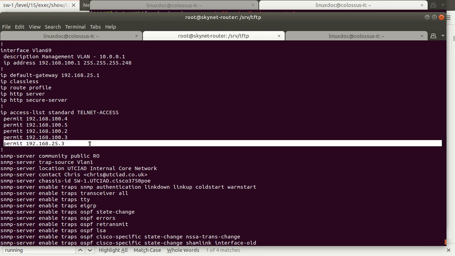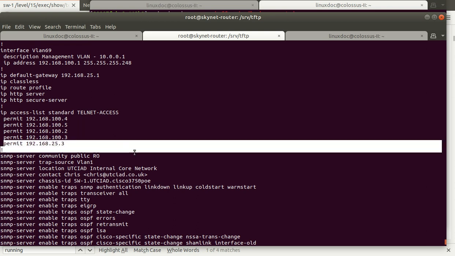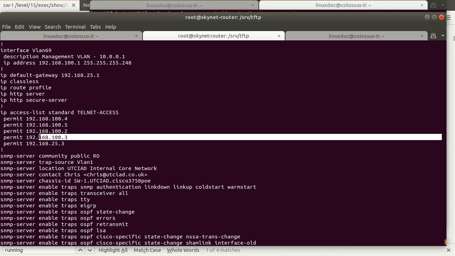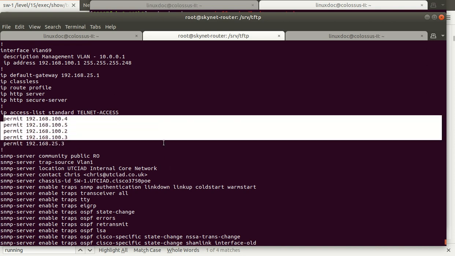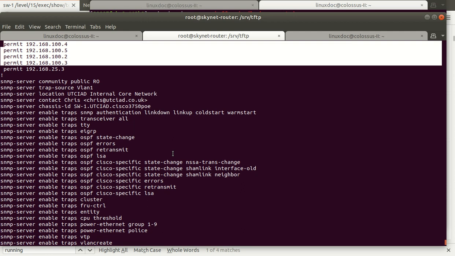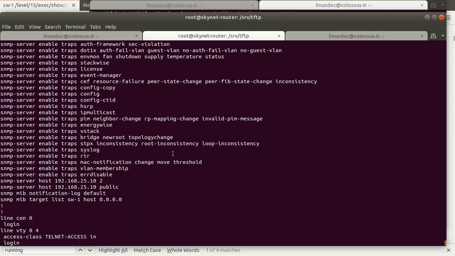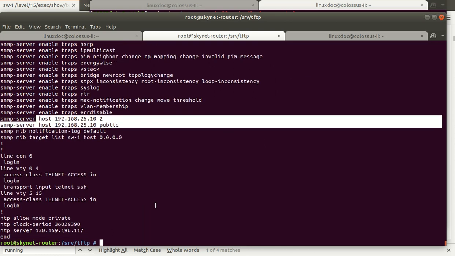So it also changed any access lists as well, obviously, that we have with them, but left other ones preserved. So there we go. There is the easy way